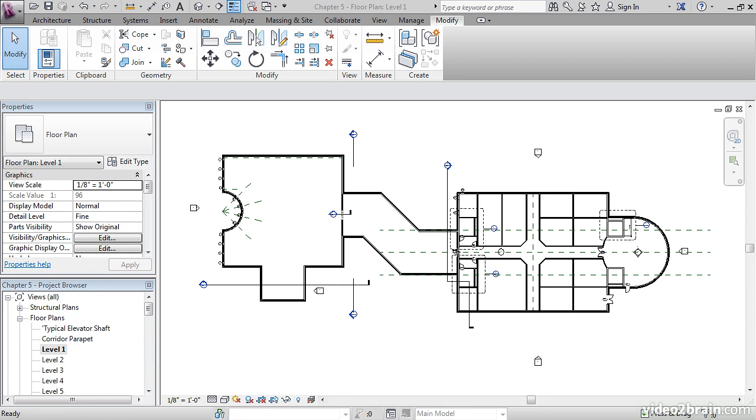In this lesson, we'll be using the split element command, the trim command, and the offset command. This trio of tools are great commands that you'll use often. What the split command does is allows you to remove a segment of an object from between two other objects. One would think the trim command would take care of such things, but the trim command has its